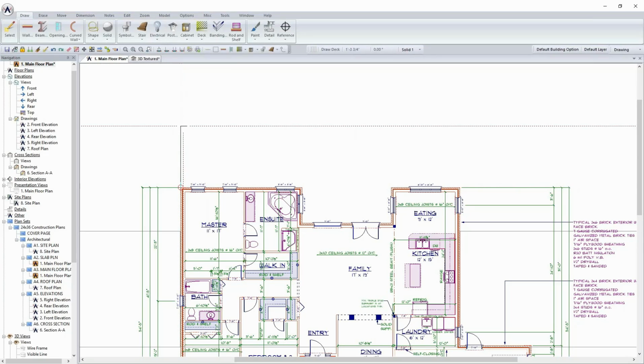Now I'm going to simply run my cursor over, and again, I'm just using the house outline at this stage as much as anything for where I want to begin sketching the outline of the deck, and I will click. And now I'm basically, at this point, continuing the design. I'll just trace the approximate outlines of where I think I want this deck to go, and I'm just creating basically a shape